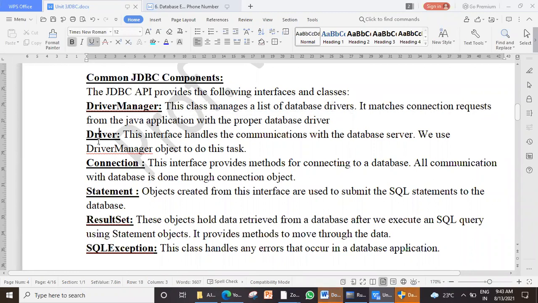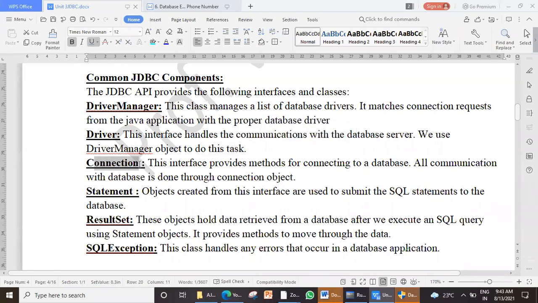Then there is the Driver class. This is an interface, it's not a class, it's an interface. It handles the communication with the database server. We use the driver manager object to do this task. We create an object of this driver manager to execute some methods. Which method? We will come to that in practicals.